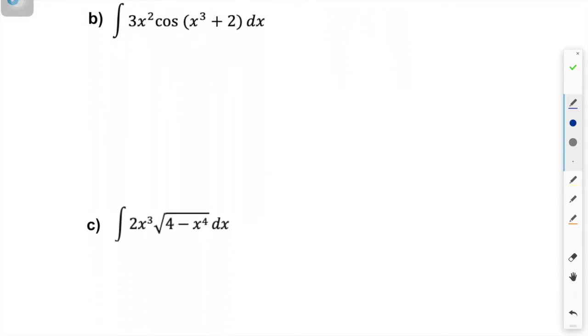Question B. I have the integral of 3x squared cosine of x cubed plus 2 dx. Well, usually the angle inside a trig function is what we're more interested in, or we'll start there when we think about the substitution. Think ahead before you write this down, right? If you look at x cubed plus 2,